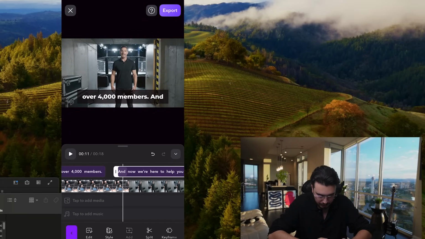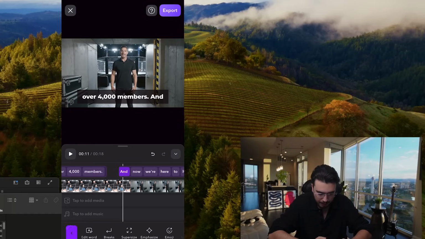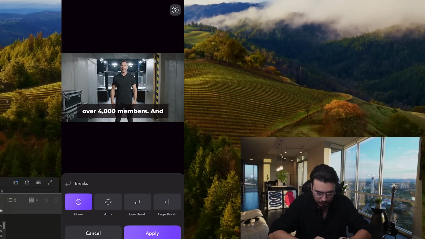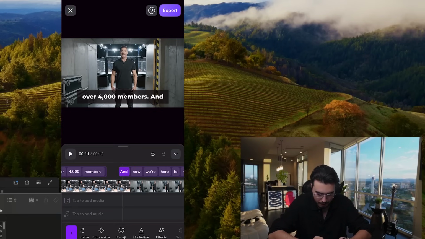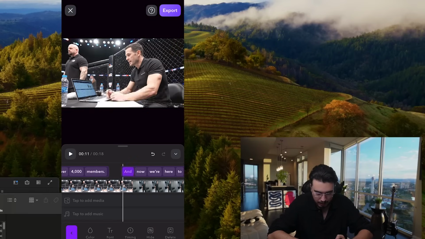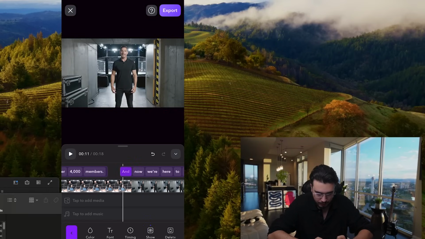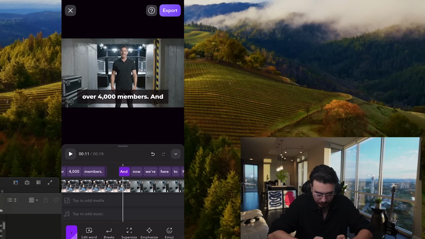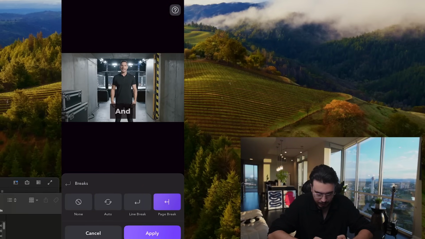Let me just remove this. And I also like this app Captions because I do things like this. I could do things like this where I could just hide things. Like that and right there. Actually, we need the "and," but we need it in a completely different, yep.